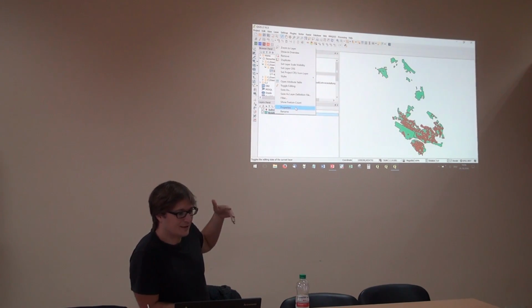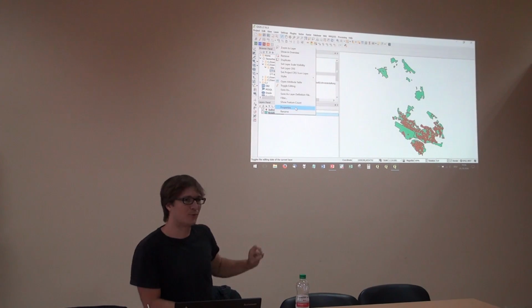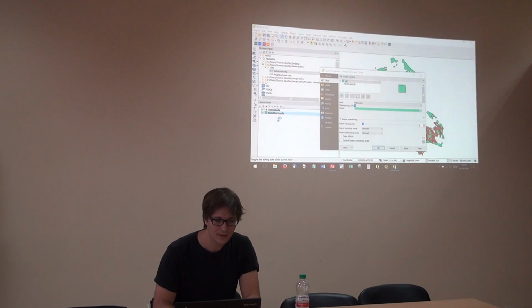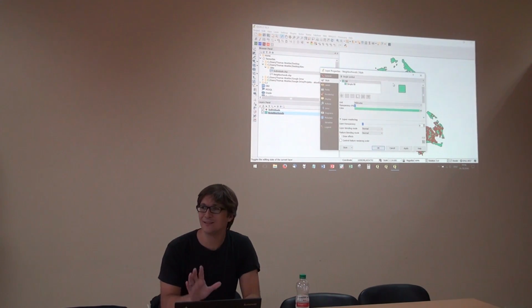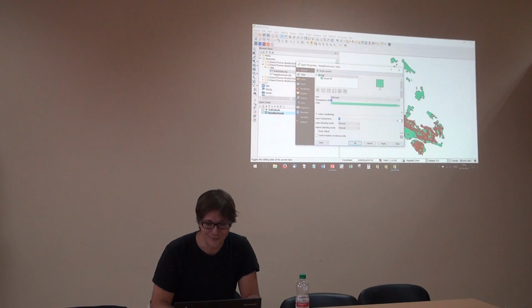The second important item here in this list is properties. With the properties window, you can adjust a lot of things relating to this shapefile. The easiest thing is to adjust the color. That's something we can do very easily. Maybe I don't like the green, so I turn it into red, and then I have all the red